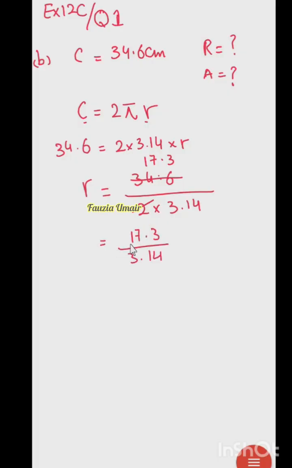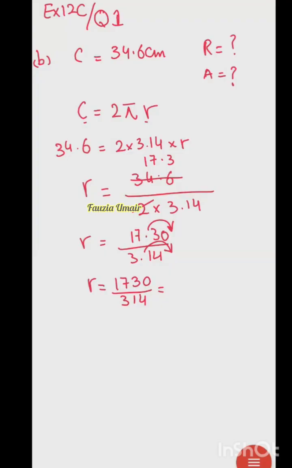I need a concrete numeric answer of r because I need to use it to find area. Okay, now we are going to use some simplification tricks. There is a decimal, so we can shift the decimal an equal number of steps ahead. So I will put a 0 here and I will shift this decimal 2 steps forward so that I can get rid of the decimal. So it is 1730 divided by 314, right? So now we can just simplify maybe. So I'm going to write down the answer directly. So if you do this division,